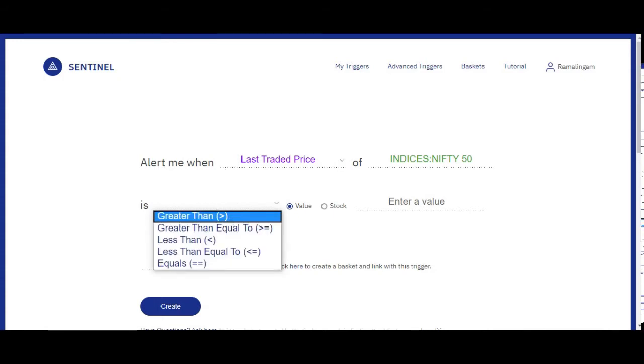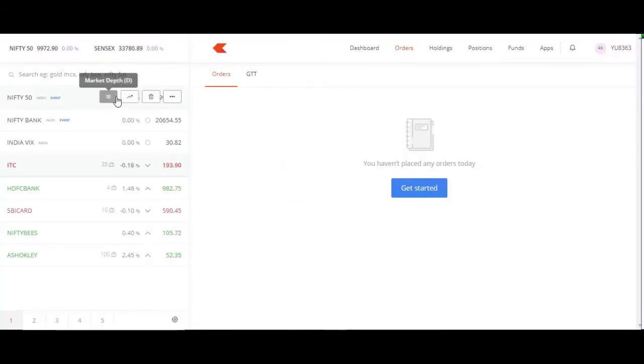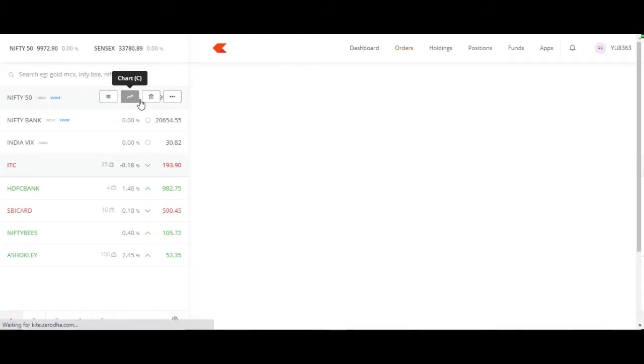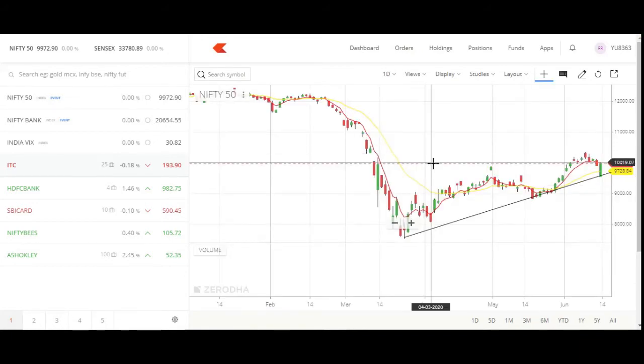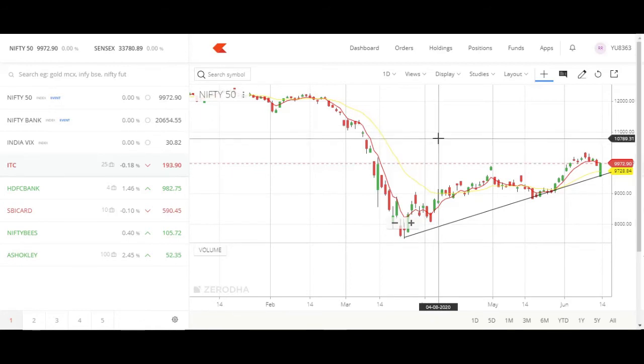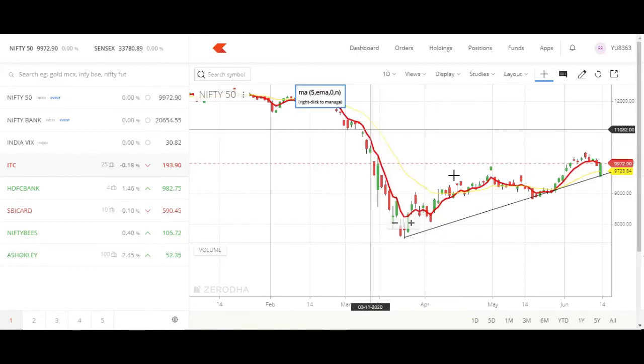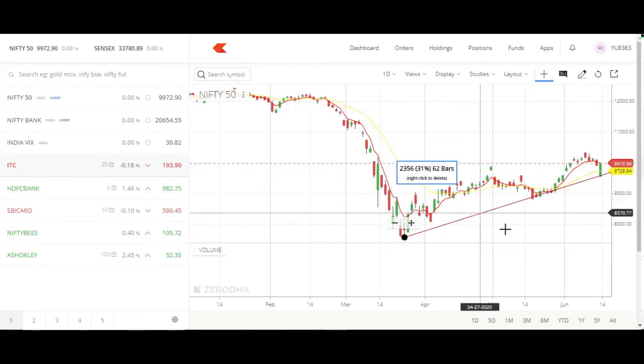So now I'm going to create one option strategy, because I'm not going to keep watching the charts. So I'll be scheduling a basket order, so whenever the price reaches my price level, that particular option strategy gets created.